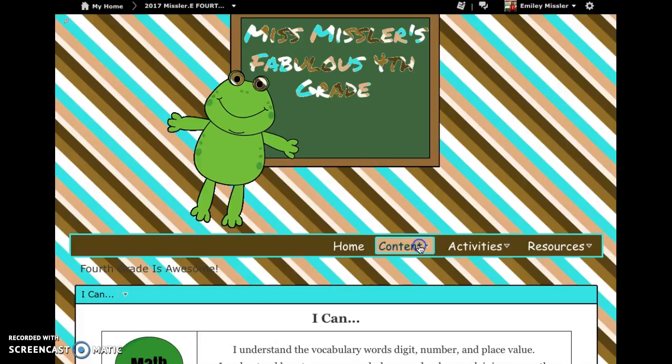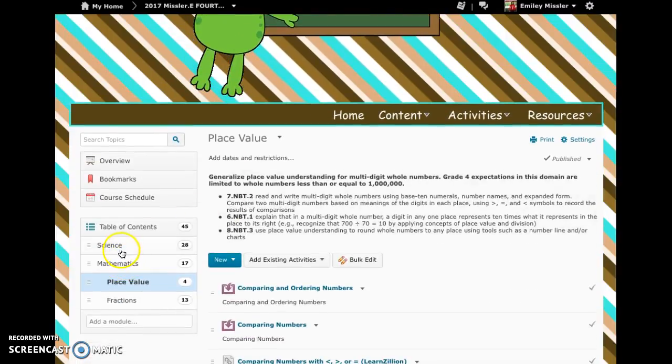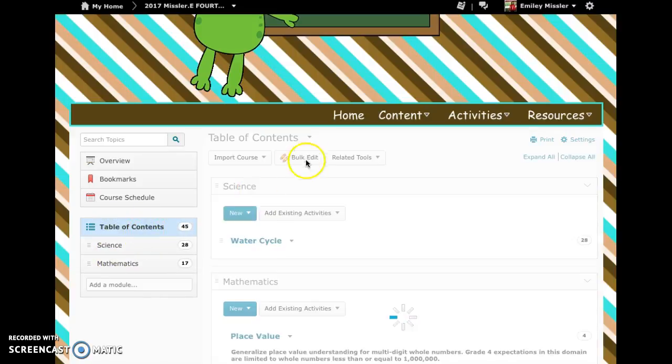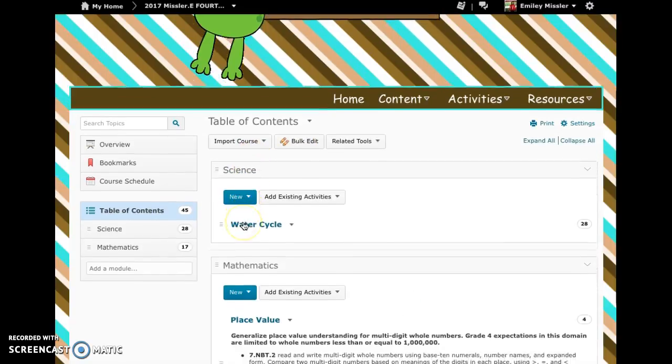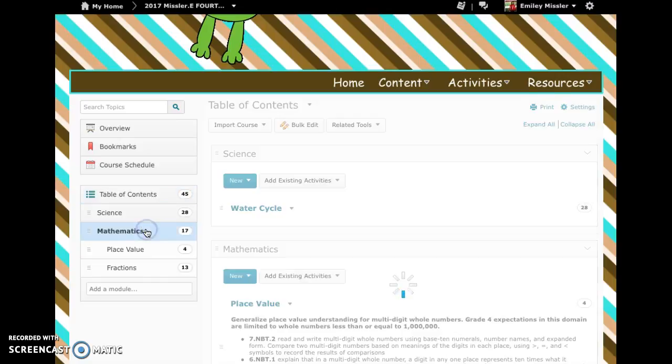So you're going to go to Content, and you're going to click Content again, and you're going to wait on it to load. And then you're going to look over to your table of contents, and depending on how you have your page organized, if you don't have it organized, just go to everything, and you can add an existing activity. But I, right now, have mine organized by subject, so I'm going to go to math because